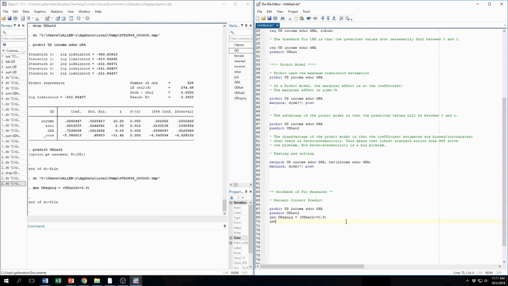I'm going to generate a variable and call it correct prediction. Long variable name. Let's do it a different way. It's going to equal 1 if u d squiggle